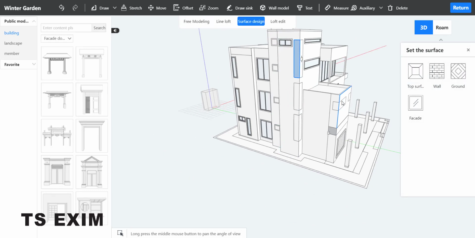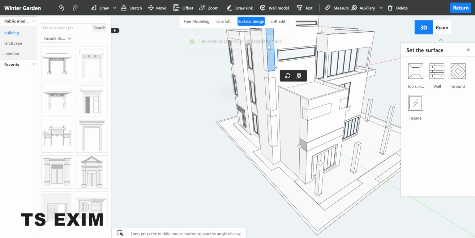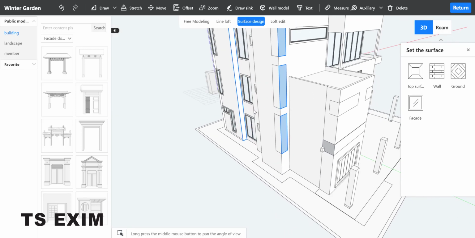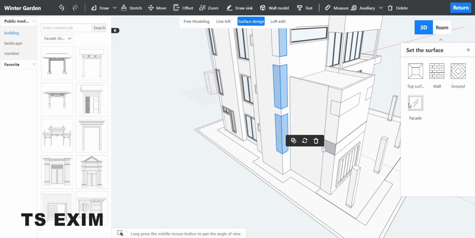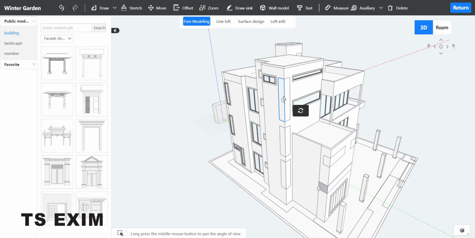Okay, click surface design, then select the surface. Click facade. We're going to do a hole inside the surface. If you want to select more than one surface, you can hold control button and select all the surfaces and then click facade. Okay, once done,